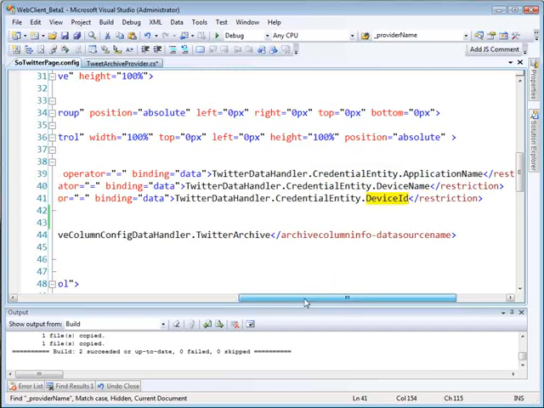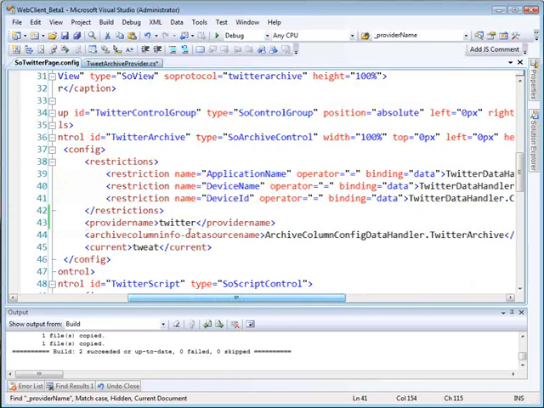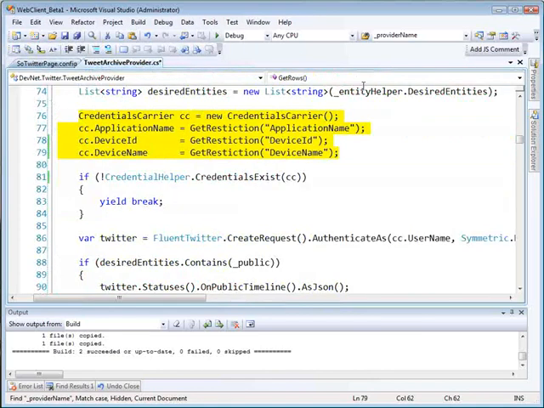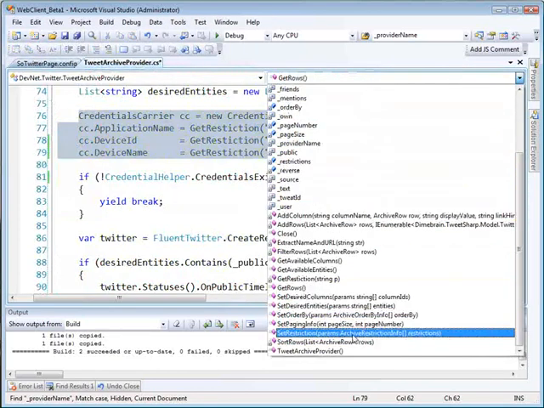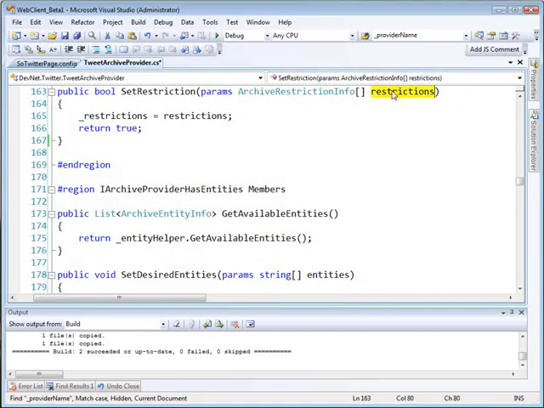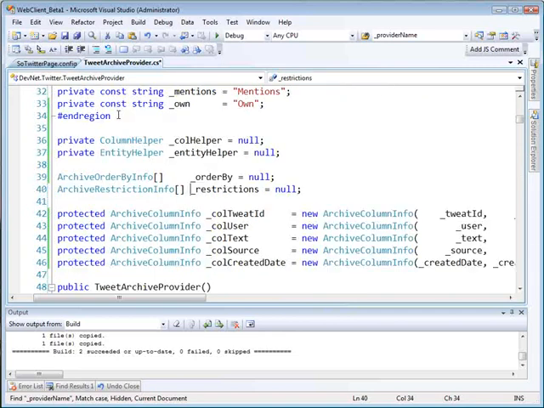And we're going to pass the values of that into our set restrictions method when the archive control is invoked. So when the archive control is invoked, one of the first things it's going to do is also call the set restrictions method. We can see that down below. It'll call set restrictions, and it will pass those values in, and I'm going to save those into the archive